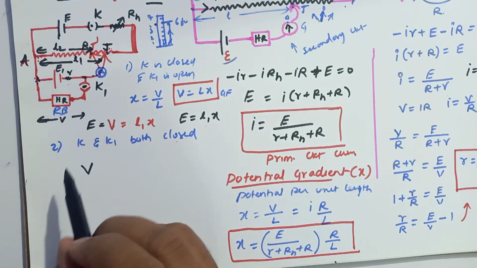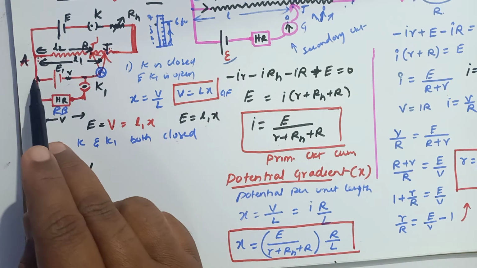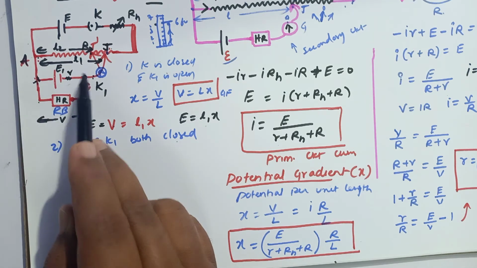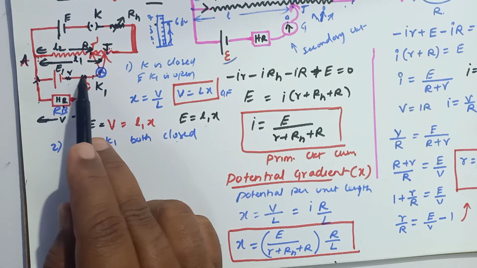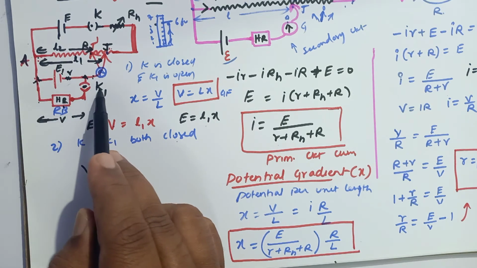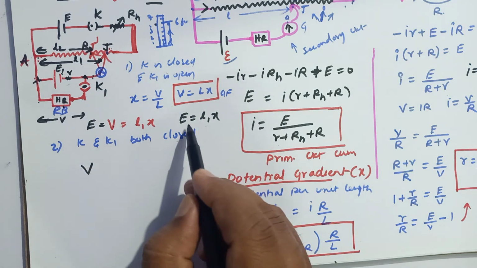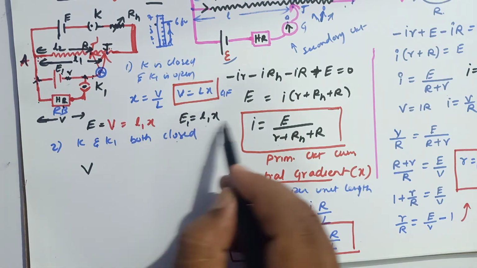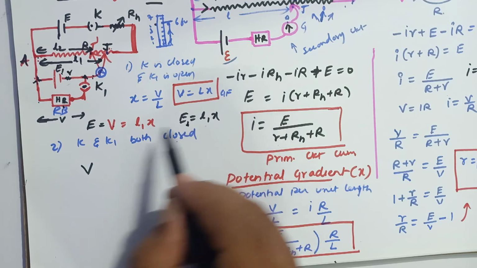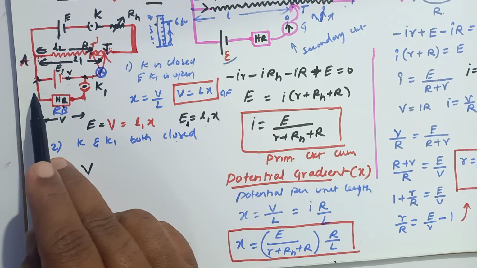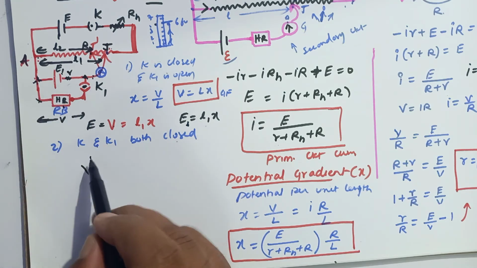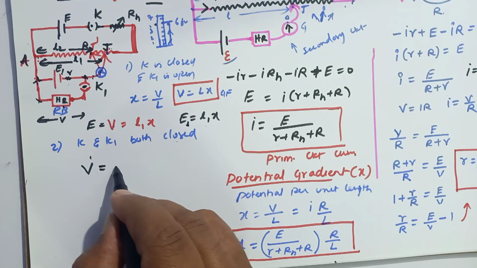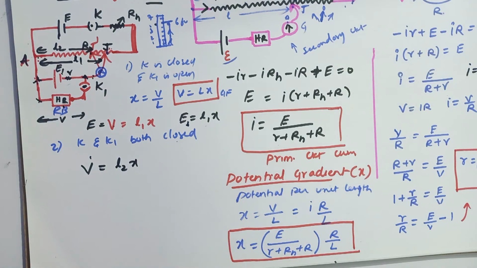Previously it was L1. Now after connecting the high resistance, the potential difference among these two will be the combination of high resistance and EMF both. Previously only EMF was connected, this was open, that means this is not connected. That's why you have taken EMF E1 here. Previously EMF E1 or E, whatever it may be, you have to consider. Now this is also closed. So the potential difference among this circuit is taken as V, which is written as L2 into X in this case, because the balancing length has been changed.